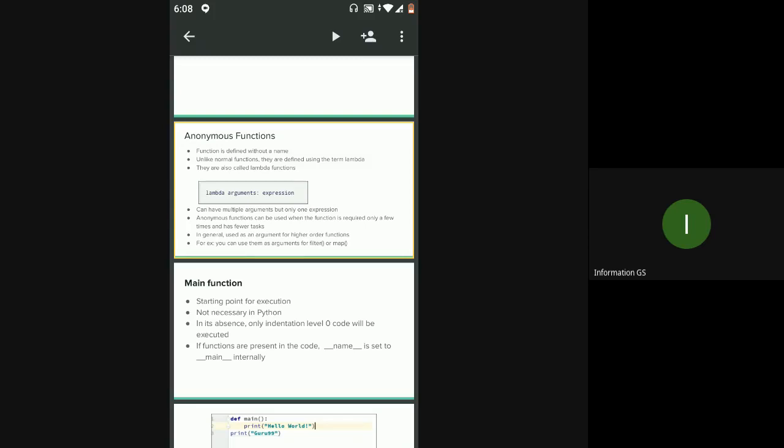There's one more advantage of using anonymous functions: they run really quick. If you write a normal def function and a lambda function, and compare the runtime of both, internally it will take some time, right?